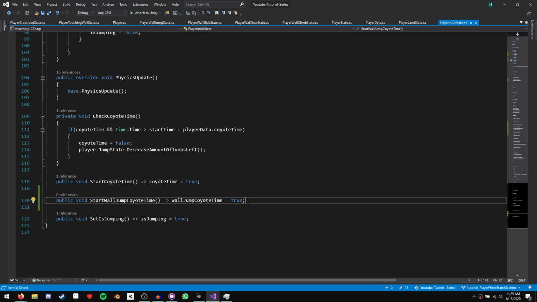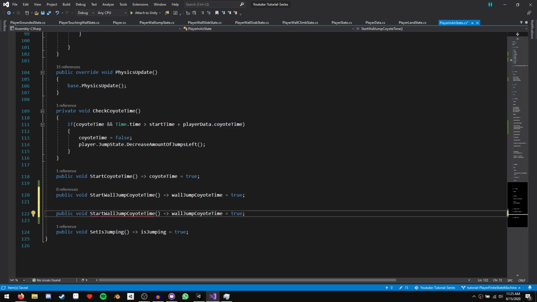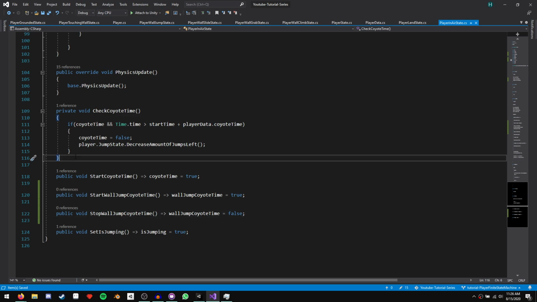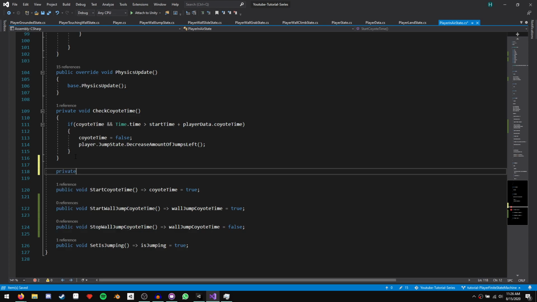And then next, unlike our normal coyote time, we're going to have a stop wall jump coyote time function as well. So we can just copy and paste the start one, rename this to stop. And in this case, we're going to set it to false instead. And then finally, we need our check wall jump coyote time function. So private void check wall jump coyote time.